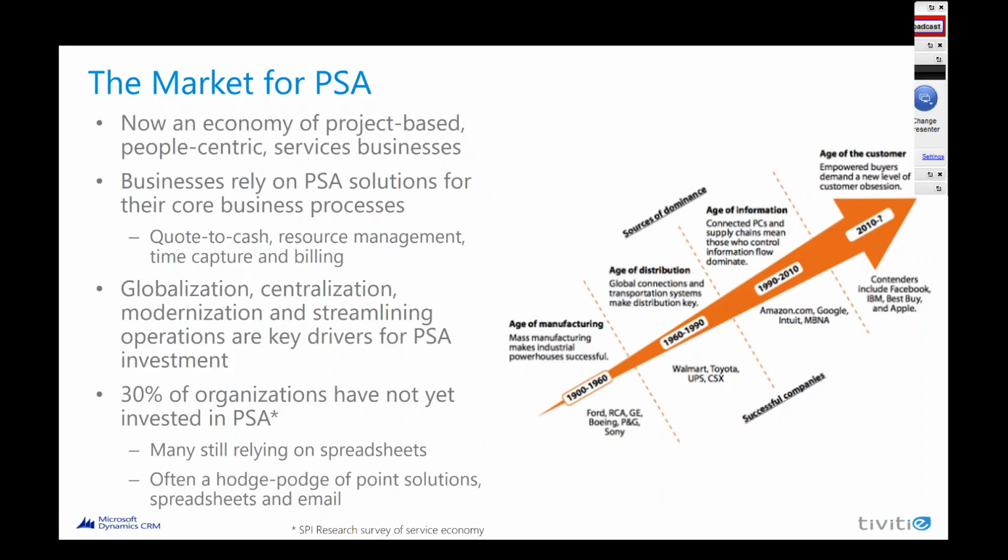Post-1960 through 1990, you could say that we moved into the age of distribution, where the economy really transformed, and the people that excelled and made leaps in that time were really ones that made innovations in distribution in the way global connections and transportation systems made distribution more effective within those organizations. And you can cite companies like Walmart and Toyota and others that really excelled and made their leaps in that